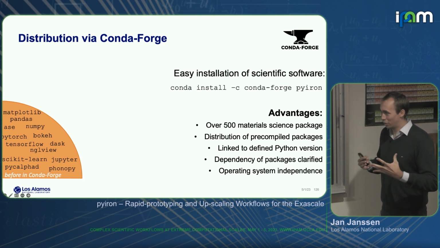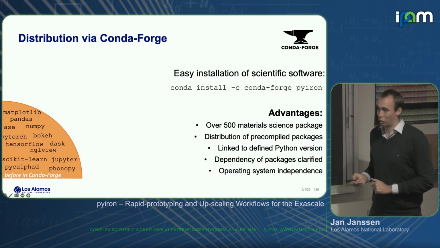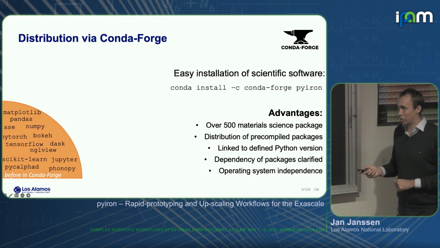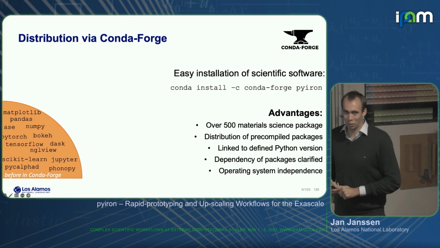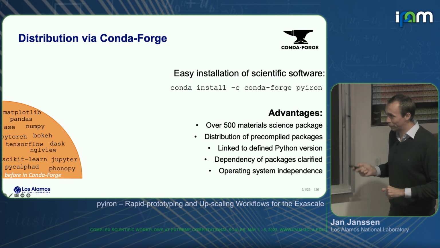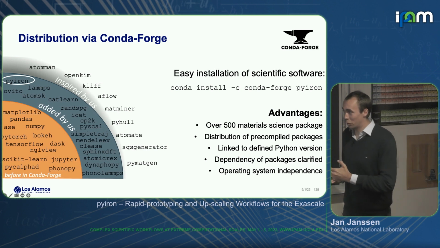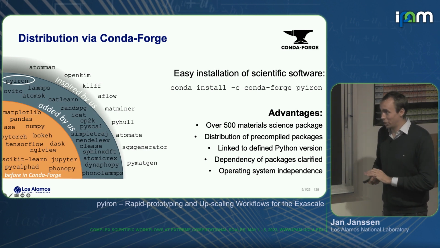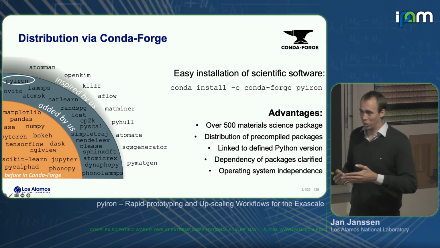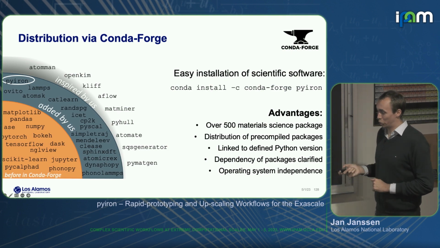So I spent a lot of time on creating, I guess by now, over 500 packages for the materials science community as part of the Conda project. All of them can be installed with a single line. Flux is one of these packages, so everybody who's interested in installing Flux, it's now available, I guess, starting last week. We have many more packages, and by now, I guess we also achieved a point where new packages released in our community also appear on Conda Forge within, let's say, 3 months after they were released. Right? So it's really the community starts to adopt this and starts to use it more and more to distribute the code.